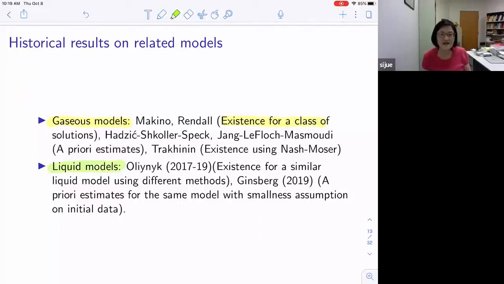So forgive me if I say it wrong. So it's really like propagating of constraints, okay? And then he got existence of the solution under some constraints of the initial data, okay? Now Ginsberg